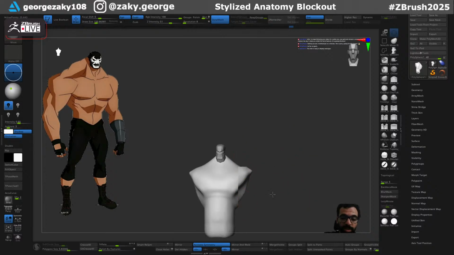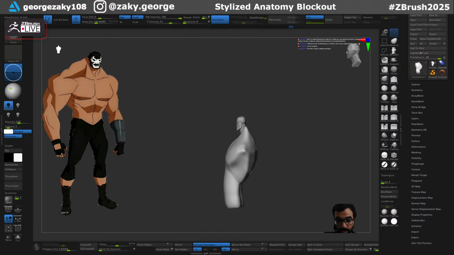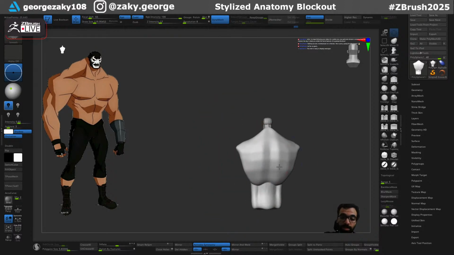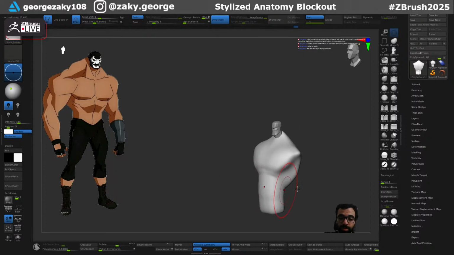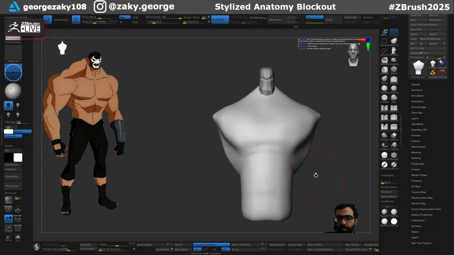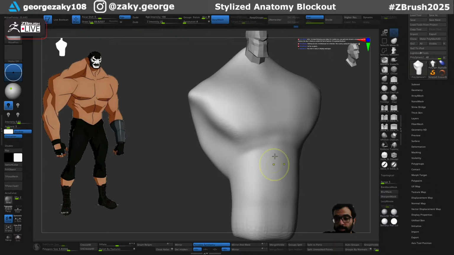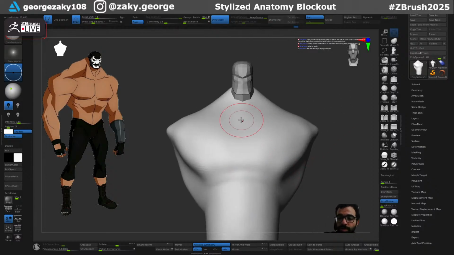Okay, this is the main volume. Again, it's not accurate as you can see, and doesn't have any anatomy information. But I only use it to mark the